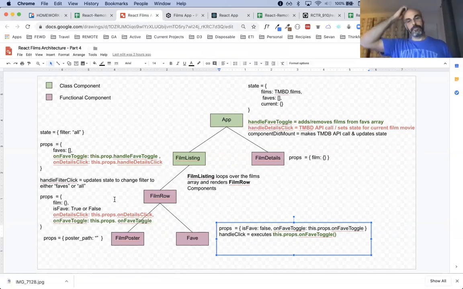Fave was the other lab. Okay, so it's film row that executes it, and then it gets triggered here, but executed in the app. The app is where that function is running. So this just shows you where it's going down to. I can only tell you how important this is right now.